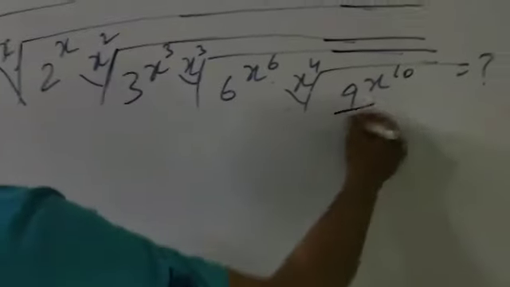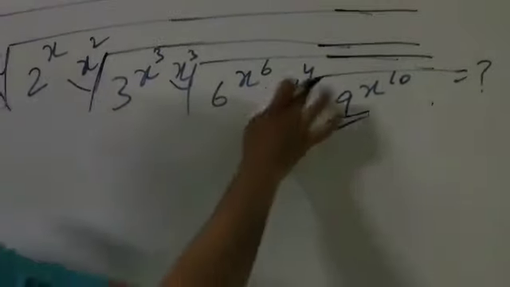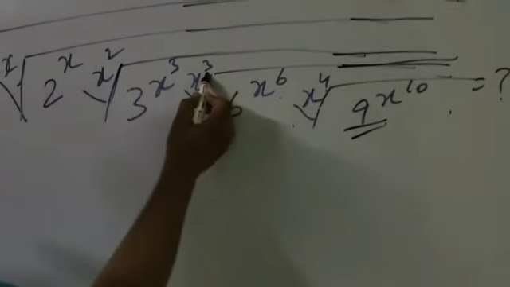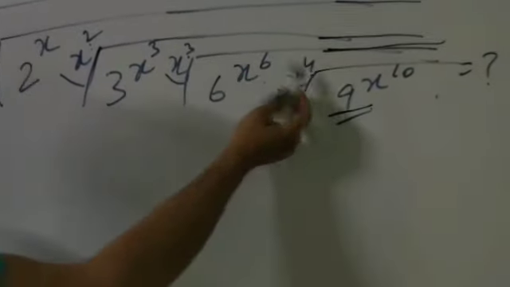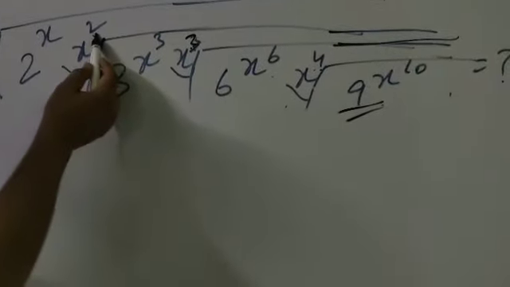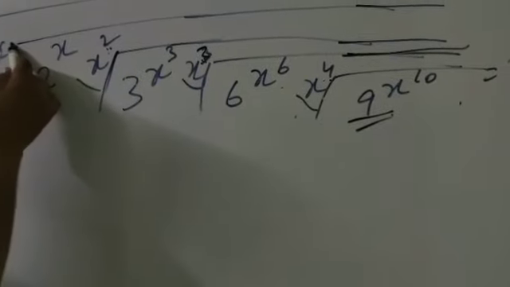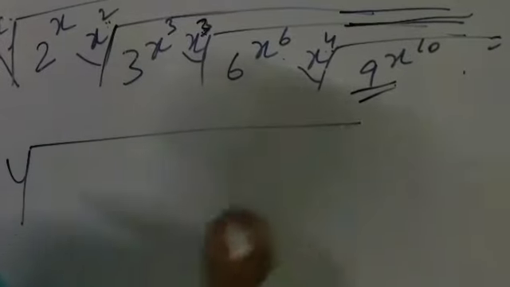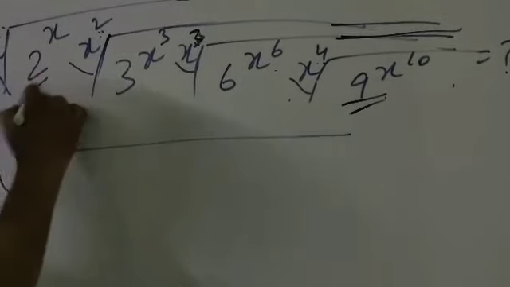This is 9 x to the power 10. This is x to the power 4. Again this bracket is 4 and 3, 7, 7 and 2. Again this bracket is 4, 4, 3, 7, 7. This is cube root, no? 4, 3, 7, 7 again, 7, 2, 9 or 2, 1. This is the root over here. You can start from here.